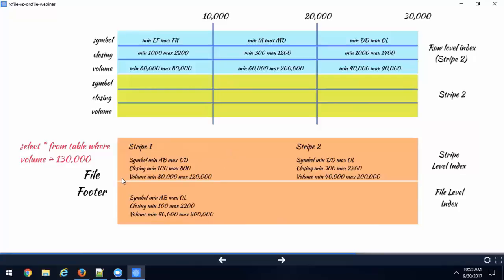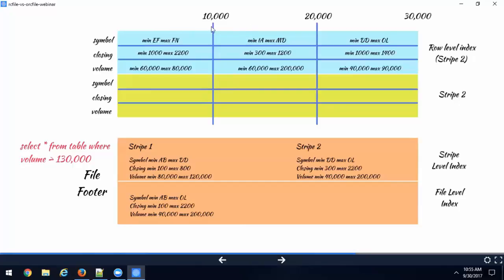Now, another optimization, right? Again, if you have a 2 terabyte file, and let's say your stripe size is 128 MB or 64 MB, whatever, and you are able to skip 64 MB or 128 MB of data without reading anything else inside the stripe, that's massive efficiency. Get it? So now stripe 1 is completely skipped. Go to stripe 2. Stripe 2 has volume between 40,000 and 200,000. Yes, we have records that we're looking for in stripe 2. So you go to stripe 2.